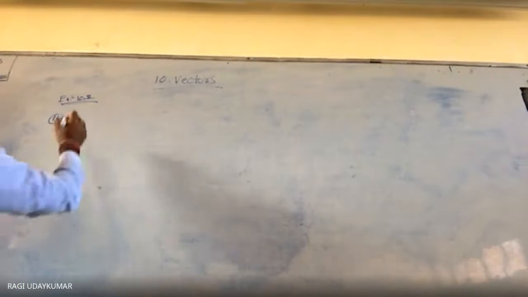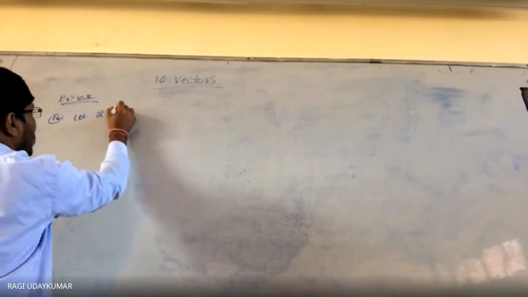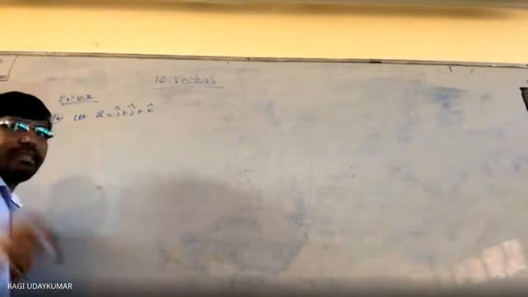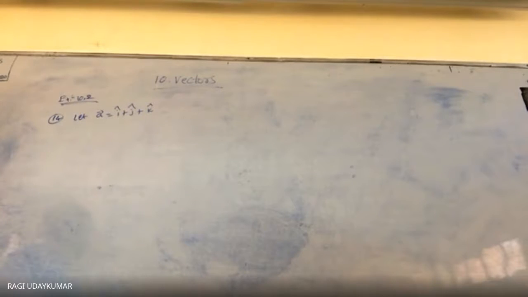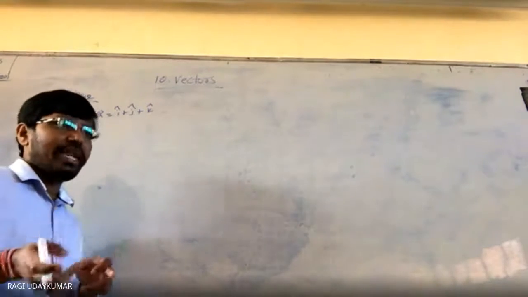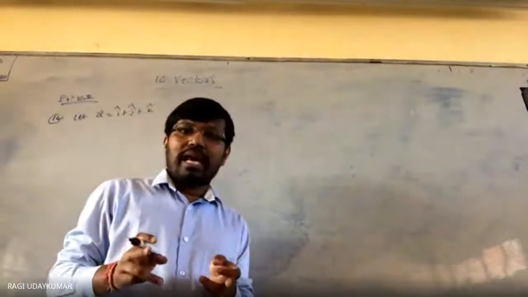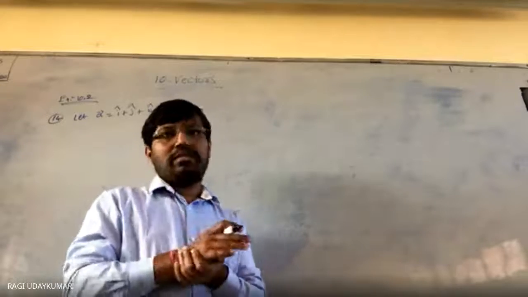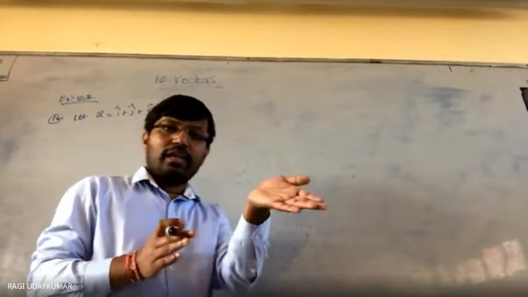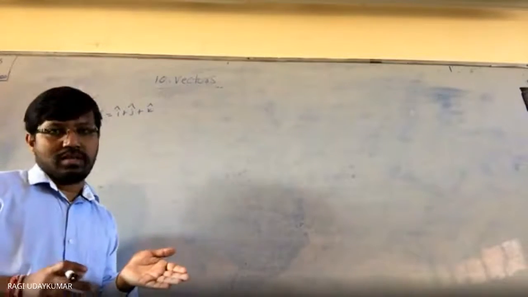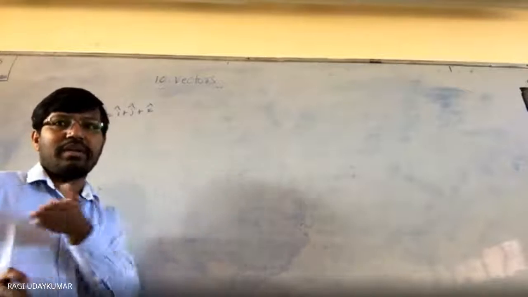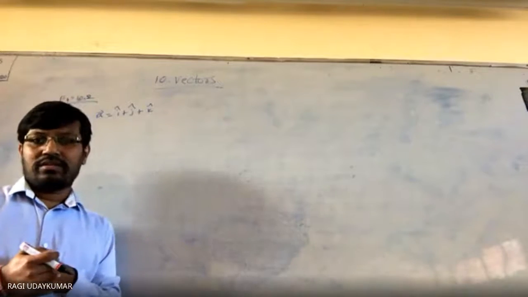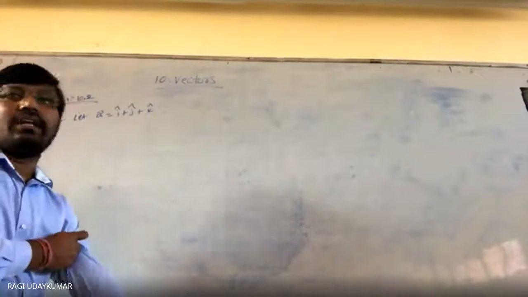So this one question, see here, the remaining are simple. The 14th one: show that the given vector, consider A bar is equals to i plus j plus k, makes equal angles with the x-axis, y-axis and z-axis. Equal angles with the axes means if you prove that alpha, beta, gamma are equal, where alpha is the angle made by the vector with the x-axis. So cos alpha, cos beta, cos gamma equal means alpha, beta, gamma equal only, isn't it? So that is nothing but direction cosines only. Indirectly you have to find out.